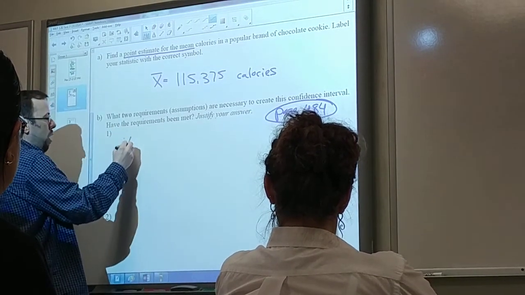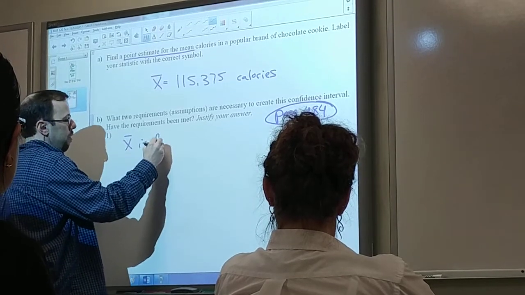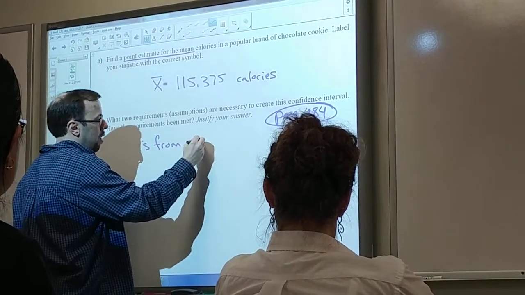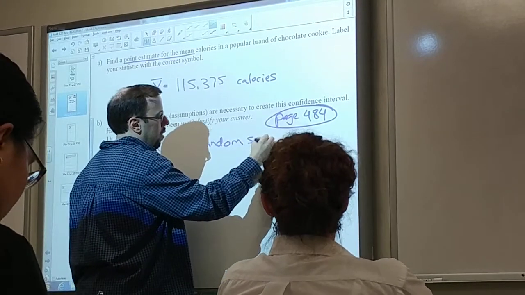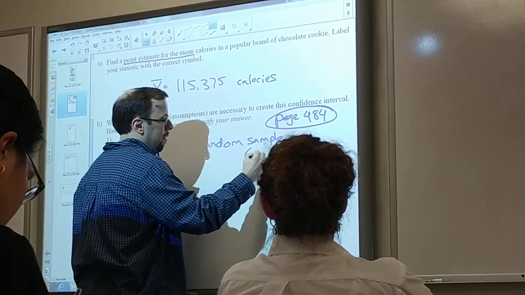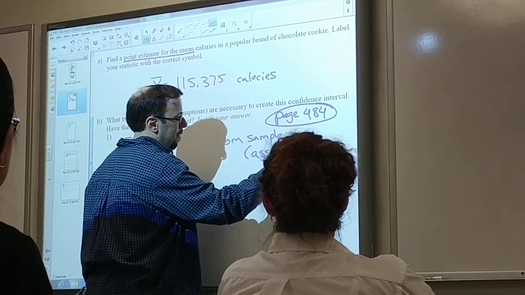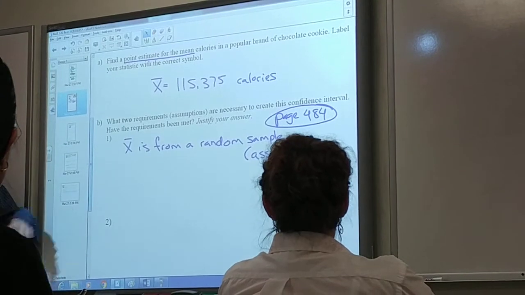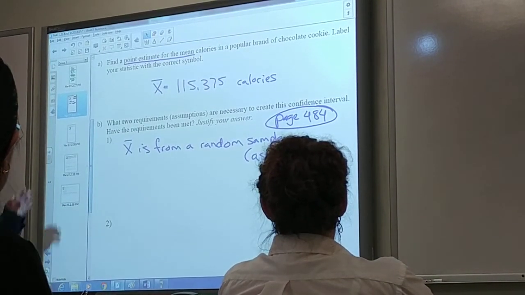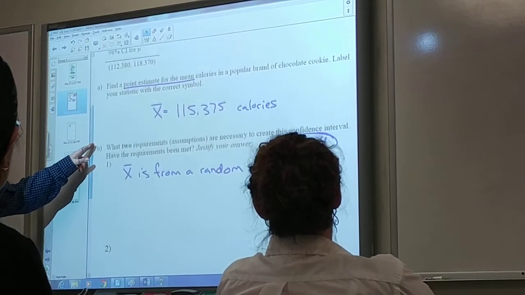X bar is from a random sample. We'll have to assume that again. I've talked to a few instructors and they say all these assumptions are not really necessary anyway. So a lot of times you just assume the random sample, but